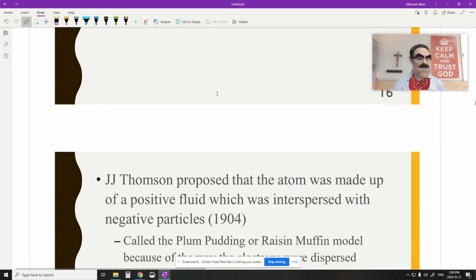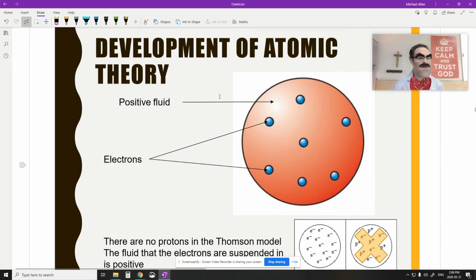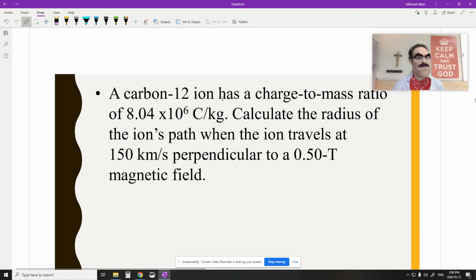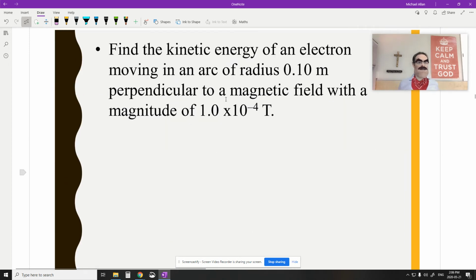What do we have on here? Oh, we haven't got to his model yet, so I have 5 minutes to get to his model. Okay, that's not bad. We can do that. Okay, so find the kinetic energy of the electron moving in an arc of 0.1 meters perpendicular to a magnetic